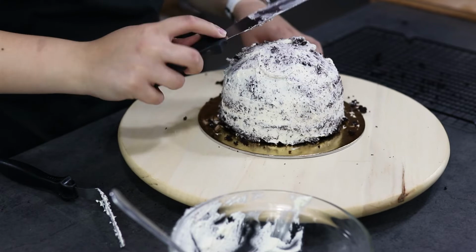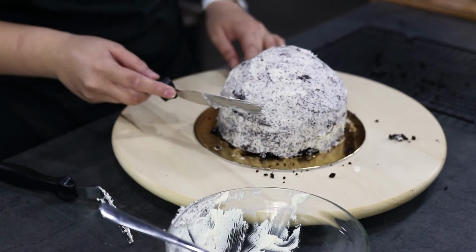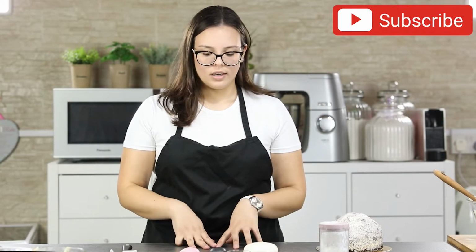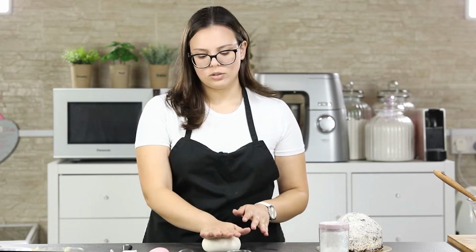Smooth out the buttercream as much as you can. Our cake is ready and we are going to let it to the side until we roll out our fondant. Here I have 3 different colors of fondant: pink, black and white. I will cover my cake with white fondant and then I will use black and pink to do some decorations